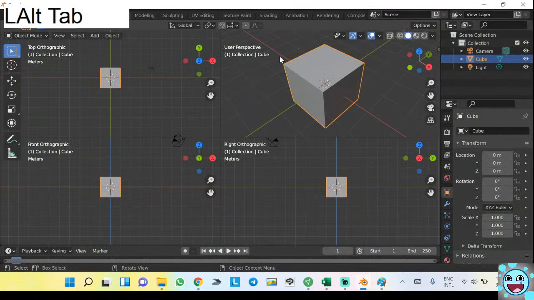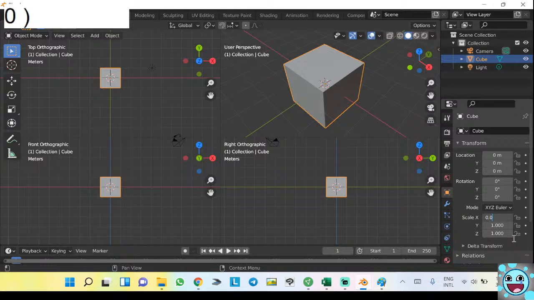So the red line here specifies the x-axis, and then the green line indicates the y-axis, and then the blue line is the z-axis, or the vertical axis. What we would like to do is we modify the scale